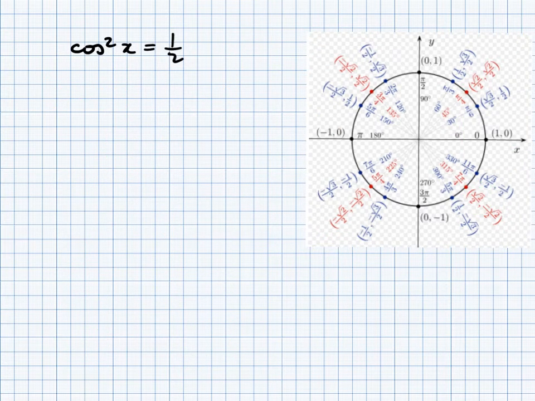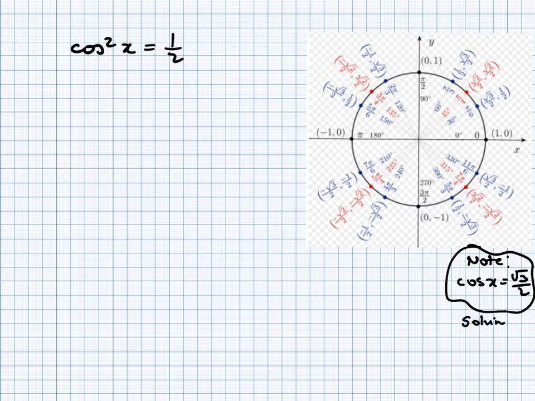Okay, here we have this example, cos to the power of 2x is equal to half. But before I start explaining how to solve this one, I'm just going to write something here in the corner. So please note, solving cos of x equal to square root of 3 over 2. It is similar to the example we did before, but if you want something even more similar, have a look at